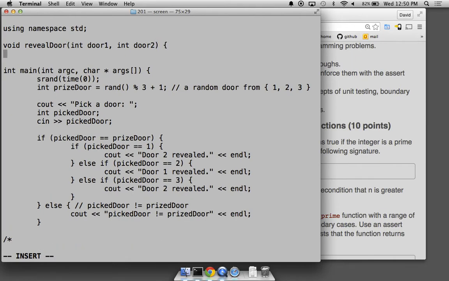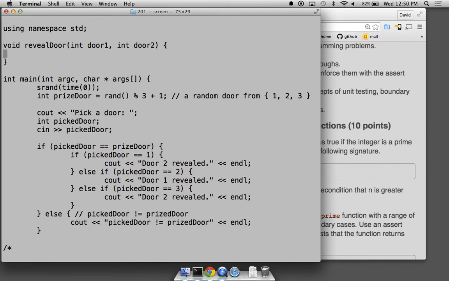We're going to pass in 2 doors. And then we're going to randomly pick a door to reveal. There we go. Because if the pick door and the prize door are 1, we don't want to